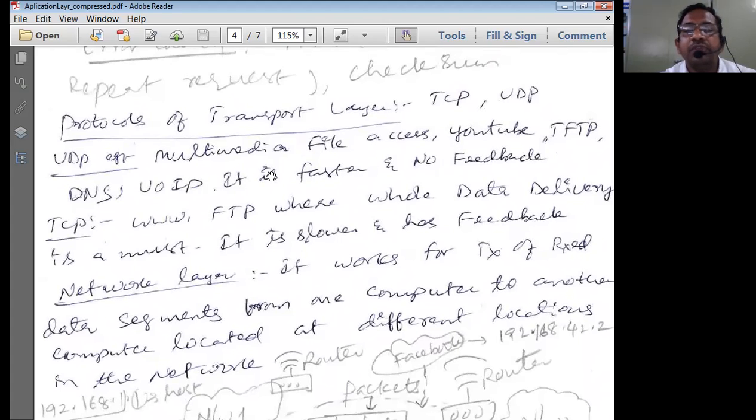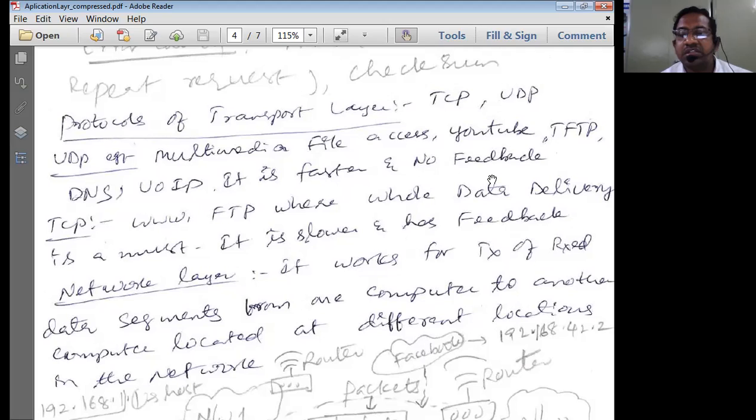UDP is normally meant for multimedia file access. To access multimedia files, we use the UDP protocol. To connect to YouTube, to file transfer protocols, and to connect to a DNS server, voice over IP, we normally use this. It is faster and has no feedback. UDP does not have any feedback because it is a connectionless service.